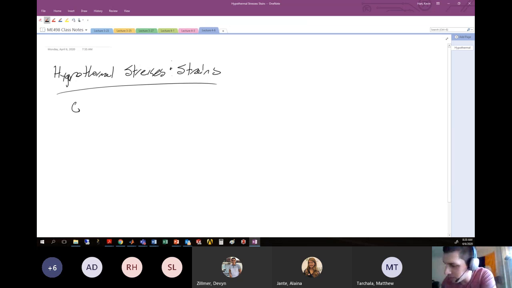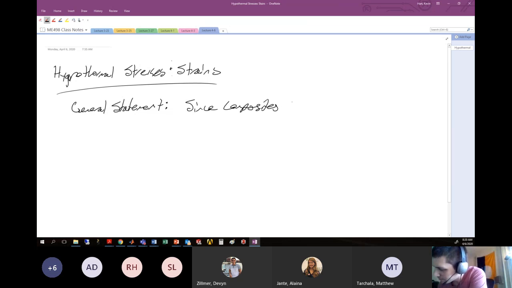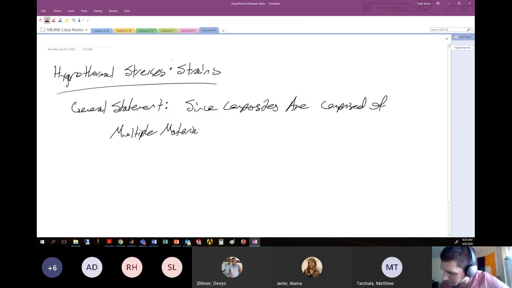Okay, so general statement. We'll say here that since composites are comprised of multiple materials with multiple different material properties,